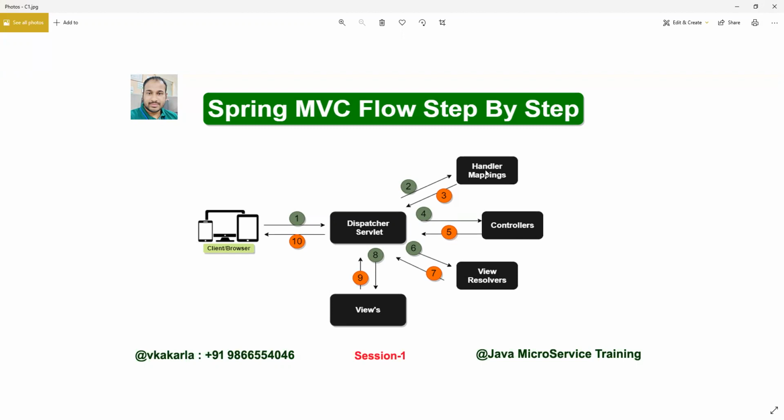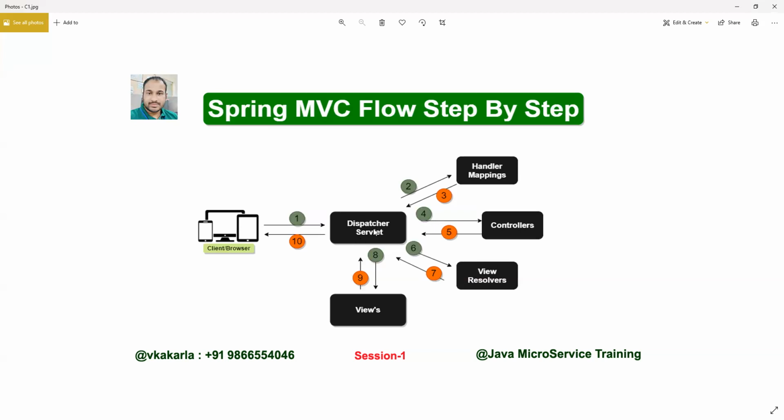How it was confused for the controller, the same way it will be confused here. So again, it will take the view resolver's help. Hey, view resolver, this is an internal component. We are writing only the controllers and views of our application. These two components we need to write. The other three components are already there in our framework to help our application's end-to-end request and response flow. So now it will ask the view resolver: hey, view resolver, can you tell me the exact view name to which I should pass my data? So it will give the view name.